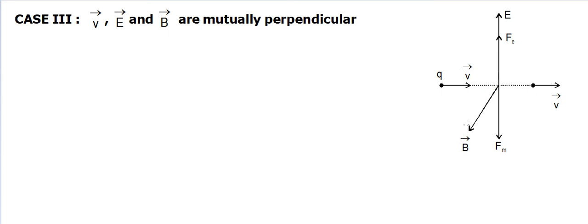Okay, and in this particular case, now in mutually perpendicular directions, this is a particular special case that we are considering. Now if this charged particle is positive, we are considering the charged particle to be positive, so Q is positive. And then you'll find the force because of electrostatic is going to be in the direction of field, so force is going to be in the direction of field. And the magnetic force is going to be Q V cross B, so total Lorentz force you can write F is equal to Q (E plus V cross B).